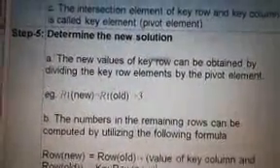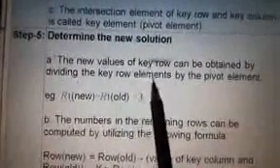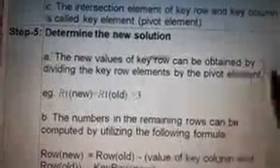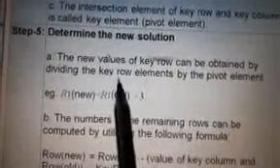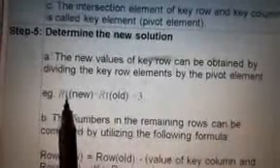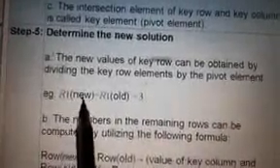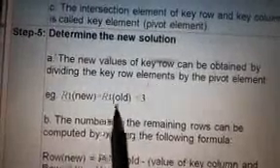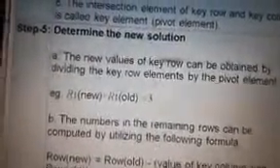Step 5. Determine the new solution. The values of the key row can be obtained by dividing the key row elements by the pivot element. For example, row 1 new is equal to row 1 old divided by 3.